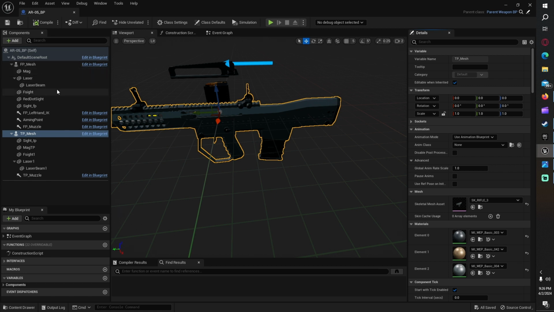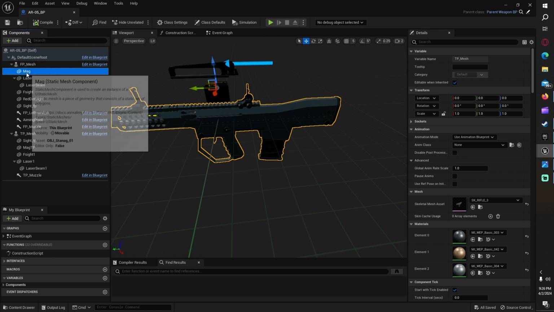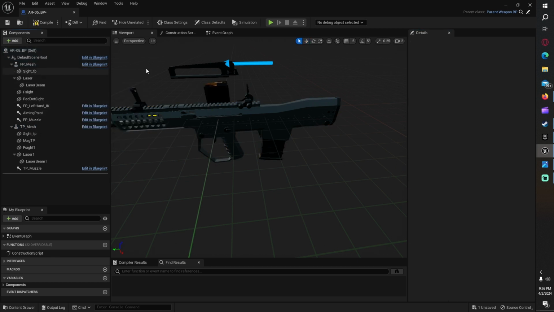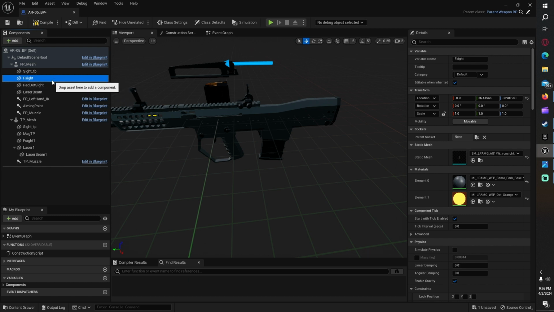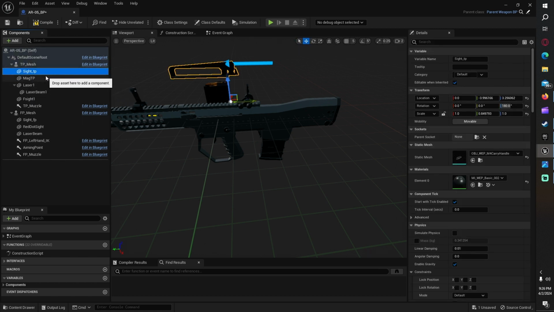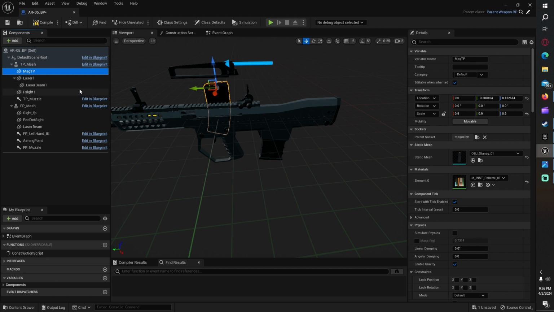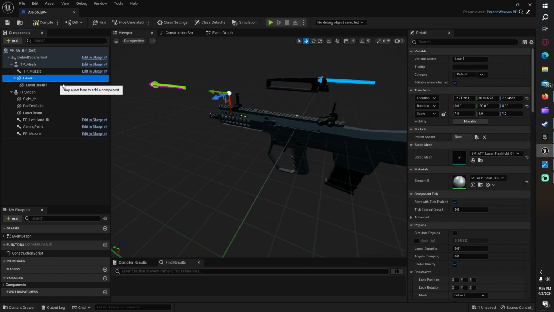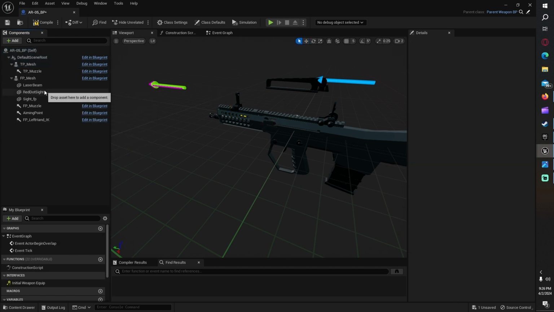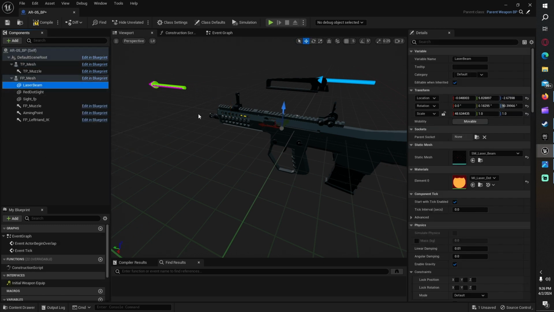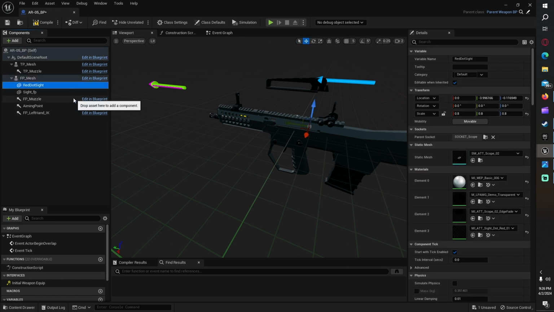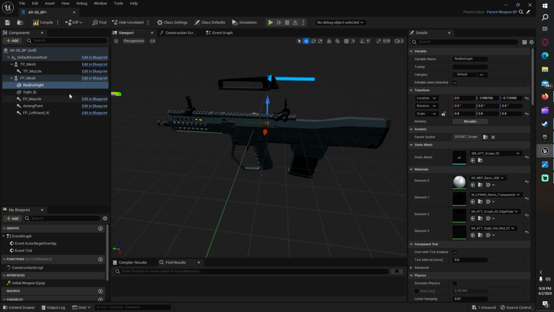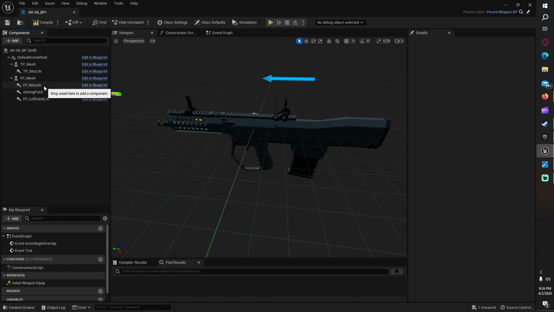But for the sake of retargeting, we'll just go to this magazine. We'll delete it because we don't need it. We'll delete this laser, the front sight. We'll delete that. This magazine, third person, the front sight here. Delete that laser and the laser beam. Again, we'll set all this stuff up at the end, but mostly we're just focused on the weapon at this point. Okay, so now we just have the basic